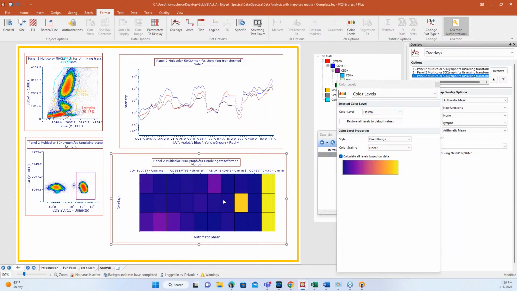Yep, and you can do these overlays with different data files too if you wanted to. So here Robin just did the same data file with different gates, which is one perfectly good way to do it. But if you have a treated and an untreated file and you want to see something that's elevated or positive in one file versus the other, then you could add different overlays of different data files and do it that way as well. Yep, there's always a ton of options.